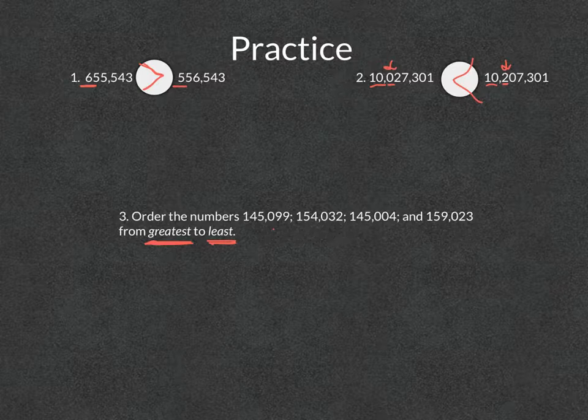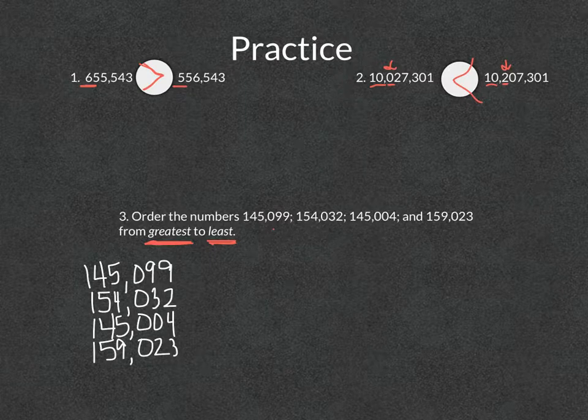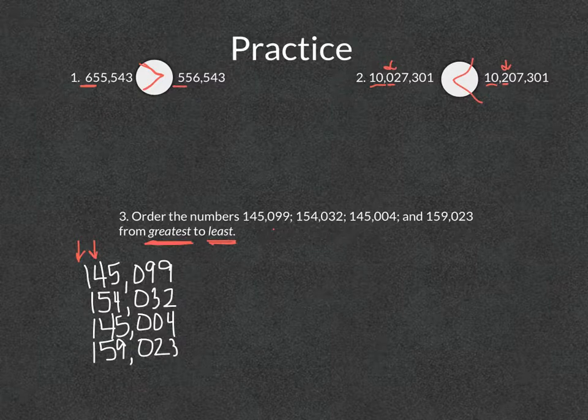All right, so first off, I'm going to line them all up, starting with the ones place, so that all the digits, all the place value is lined up nicely. Okay, I went ahead and did that, so you don't have to watch it painstakingly. Okay, here we go. So I'm going to start. I notice they all have the same number in the hundred thousands place. Okay, if I go to the 10,000s place, they have 4 and 5. All right, well, I know that my 2 5s, so I'm going to be looking at these two numbers here. Those are going to be the bigger ones. Okay, so now I'm looking at 4 and I'm looking at 9. So I know that this one right here is the biggest,